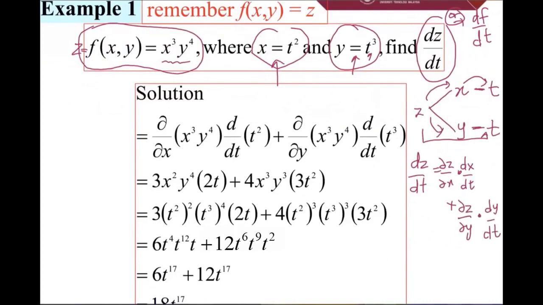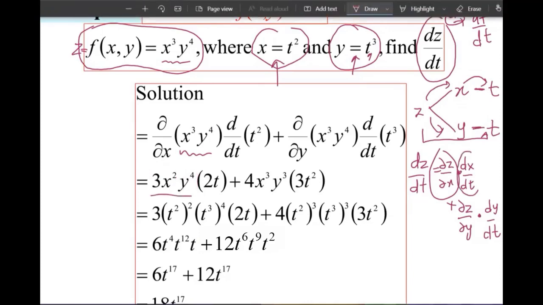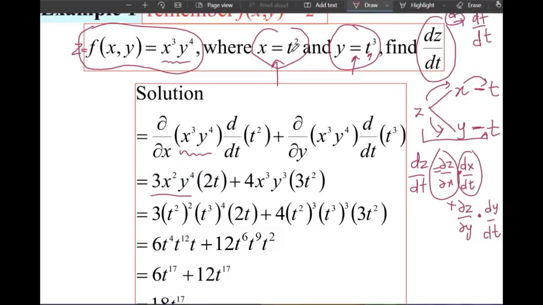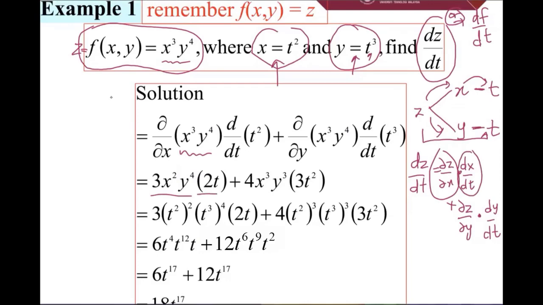You already know how to differentiate, so you can proceed. First, del z del x. This one, we have x cubed y to the 4. Differentiate z with respect to x. We will get 3x squared, and then y to the 4. y to the 4 maintain. So we get this. And then differentiate x with respect to t. x equal to t squared. dx dt, what do we get? So 2t. And then plus